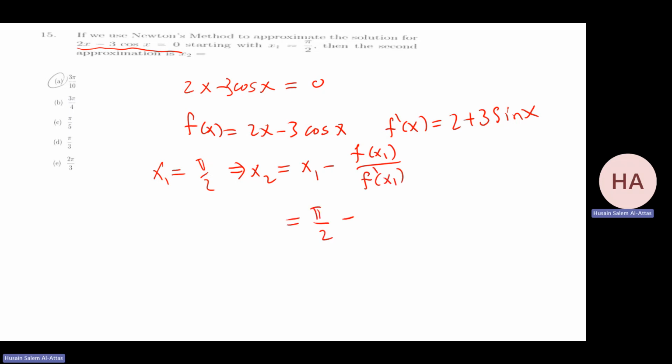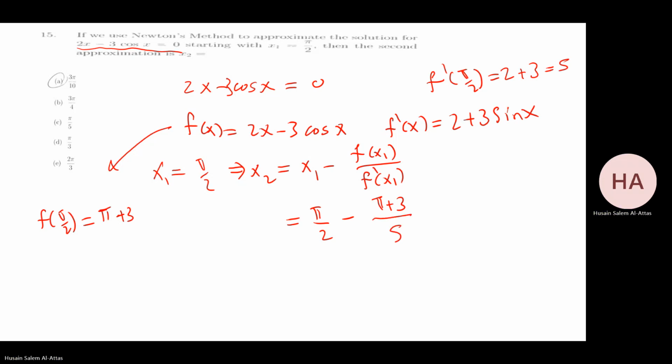That will be pi over 2 minus f of pi over 2 will be what? Pi cosine pi is minus 1, so pi plus 3. F prime of pi over 2 will be what? 2 plus 3, which is 5. So this is over 5. Okay, so this is over 10. I have 5 pi minus